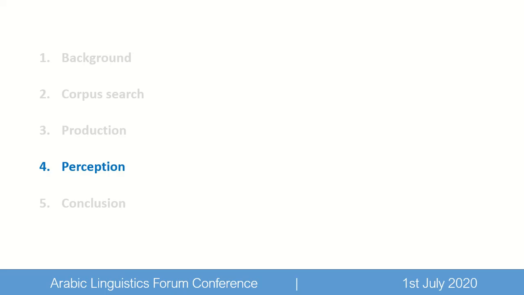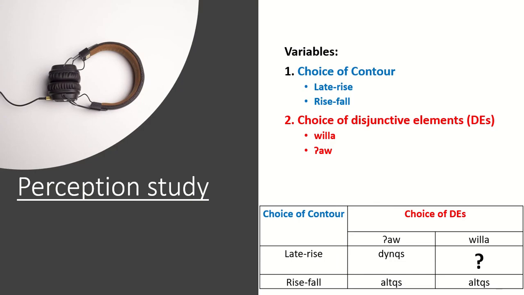And now we want to take these variables, the choice of contour and the choice of the DE, and put them in this perception study to test what really is the most important factor or disambiguating cue in this dialect. Based on the DCT, we can predict that أو with a late rise will give us a disjunctive yes-no question reading, and أو with a rise-fall an alternative reading,